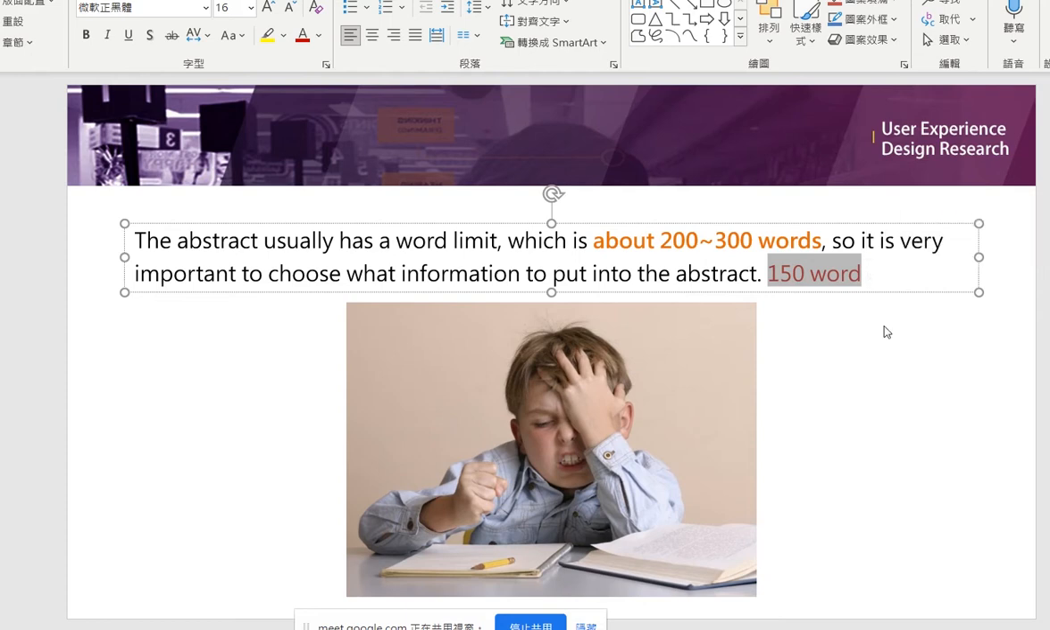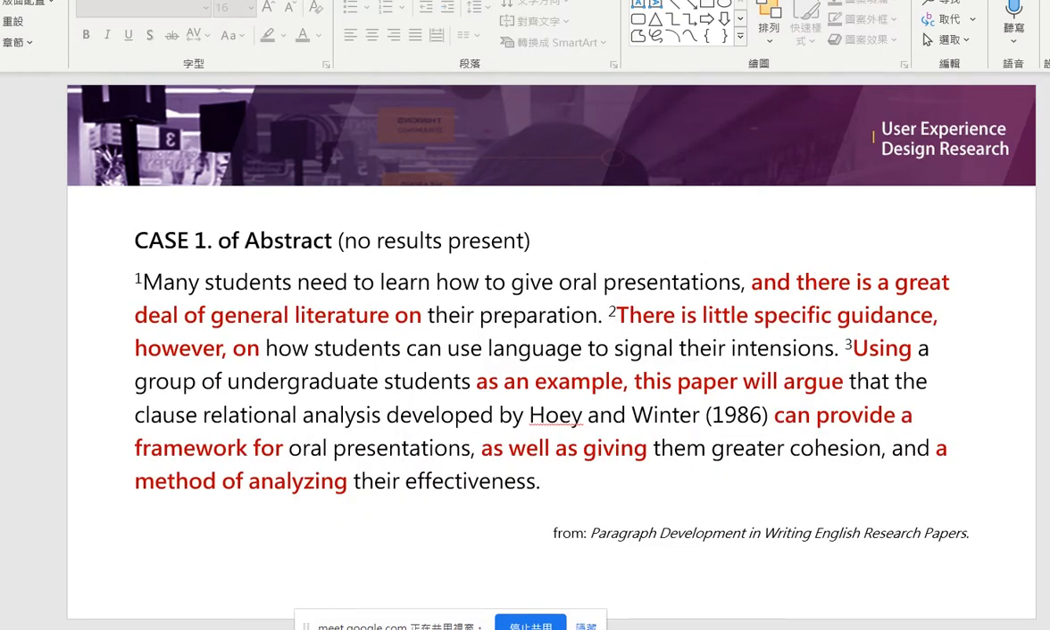Okay, so if you notice the words are not enough, you can just use your words to describe the details about method and result. Okay. Okay, this is a case about my abstract. Okay,